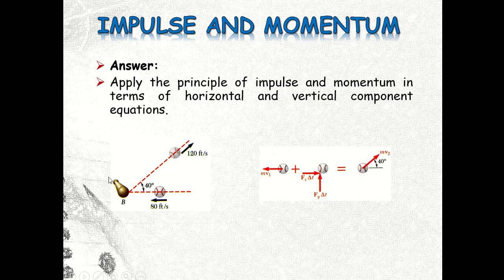We can translate this into our free body diagram. So in this direction to the left we have mv, the product of the mass and the velocity of the ball, then plus, from the impulse and momentum equation,